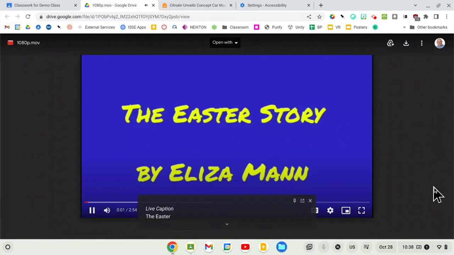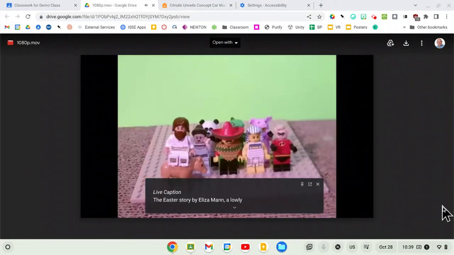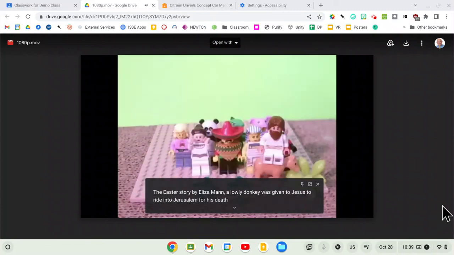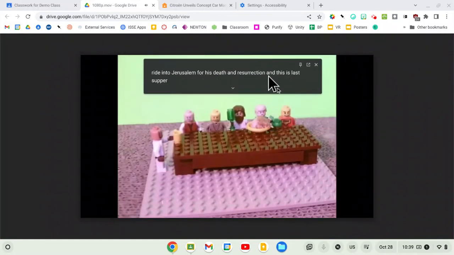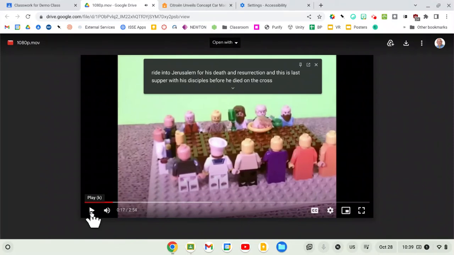The Easter Story by Eliza Mann. A lowly donkey was given to Jesus to ride into Jerusalem before his death and resurrection. At Jesus' Last Supper with his disciples before he died on the cross,